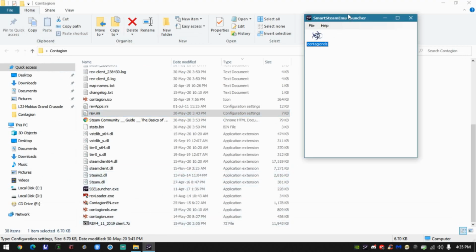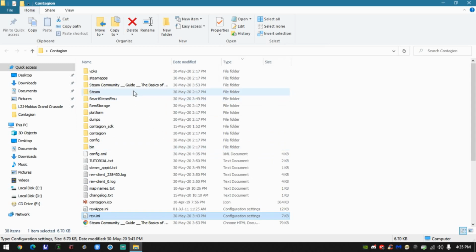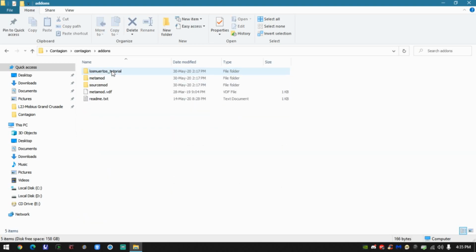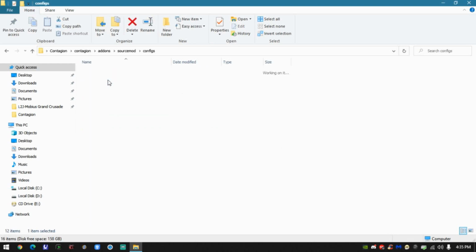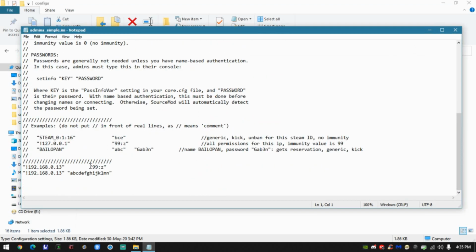So this is very straightforward. I'm going to teach you how to configure now the SourceMod, if you want to administrate your server properly. Everything has been pre-installed. So just go into the Contagion folder, go to addons, go to sourcemod, and go to configs, and here you open admins_simple, and here just place your local IP of the server that is actually going to host